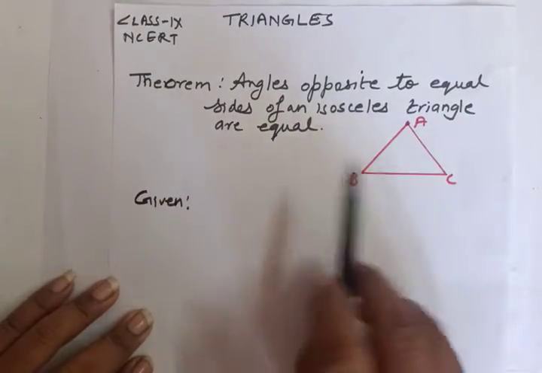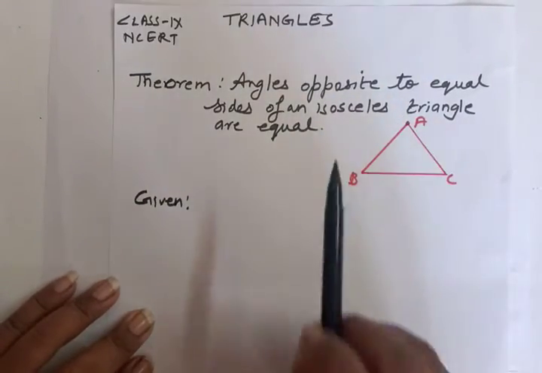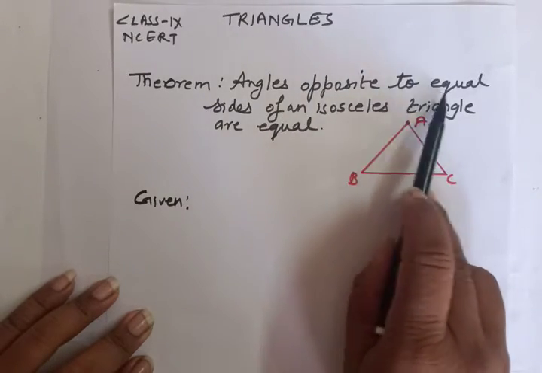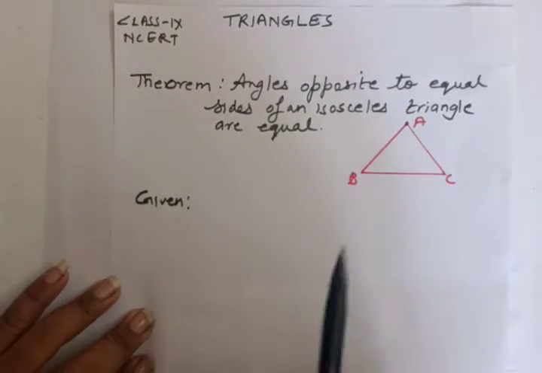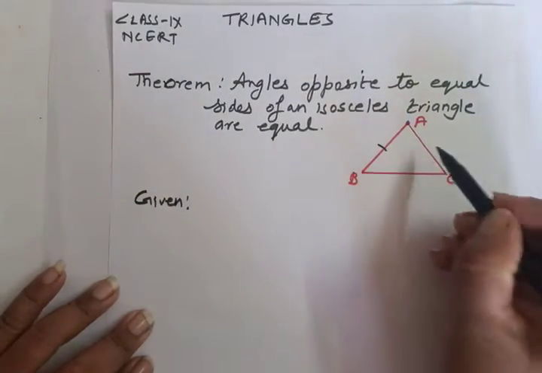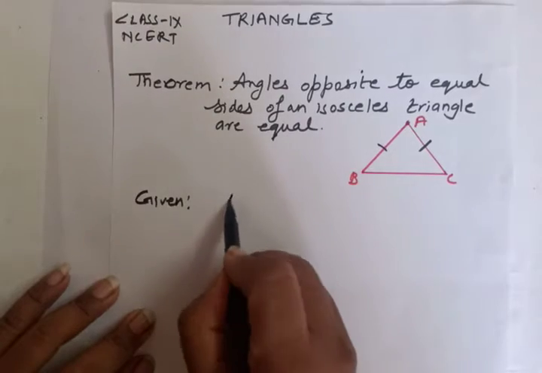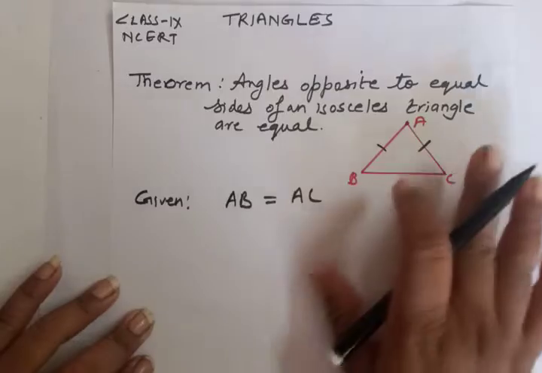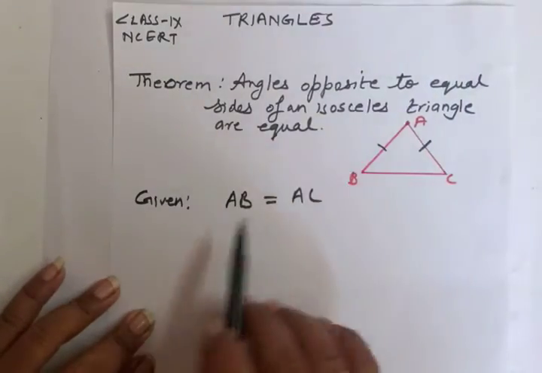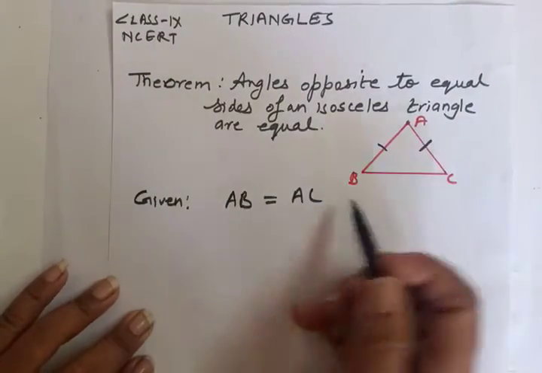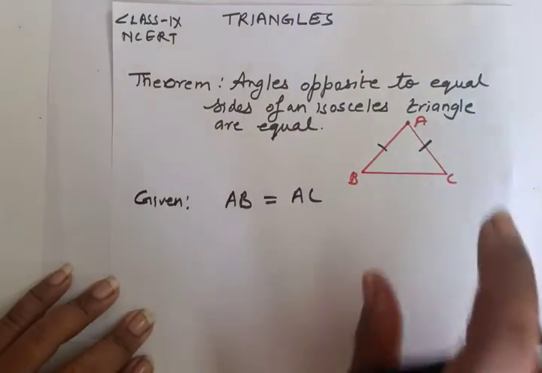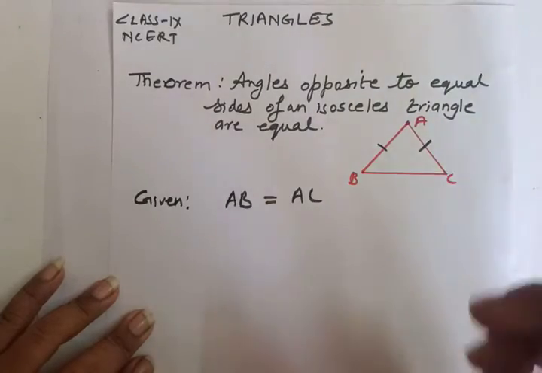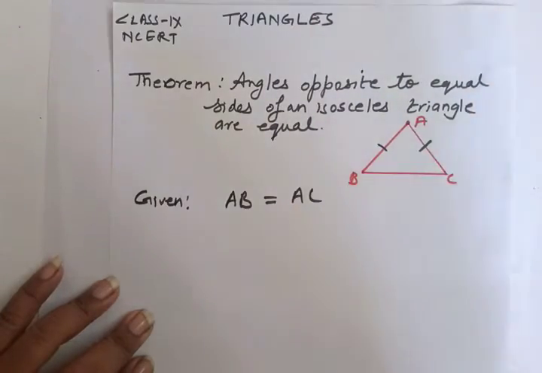If we see the triangle that I already made, triangle ABC, and the theorem that is given, angles opposite to equal sides, it means it is given that side AB is equal to AC. So it is given AB is equal to AC. Otherwise nothing is given to us. We have a triangle ABC, of course. We are proving for the triangle, and the only thing available from the theorem is that the sides AB and AC are equal.